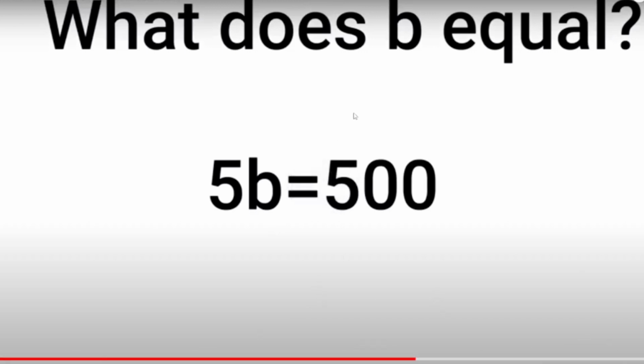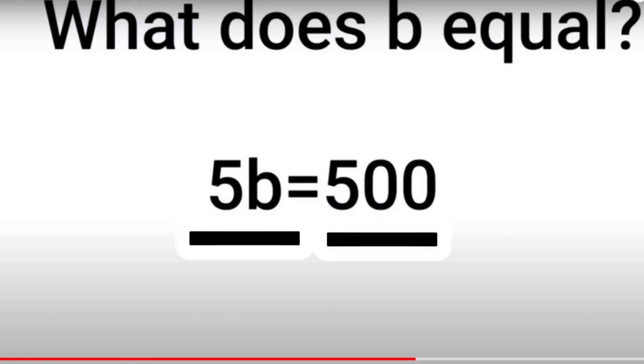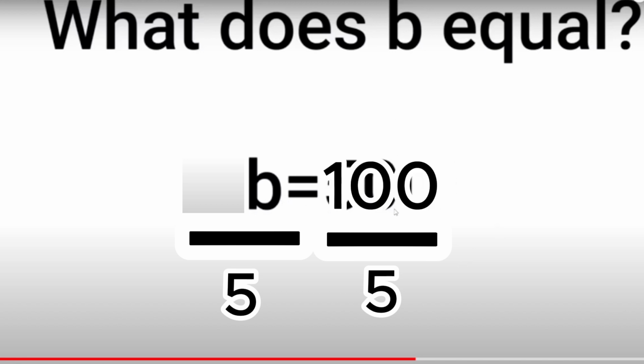I know how to do this. Okay, look. So basically, you draw a line right here, right? Right here and right here. This is how my private teacher taught me. Then 5, 5. Right? So basically divide. And this disappears. Just gone. Make it disappear. Then, and this becomes 100. So B equals 100. I know my shit, bro. Don't test me, bro. what does B equal?